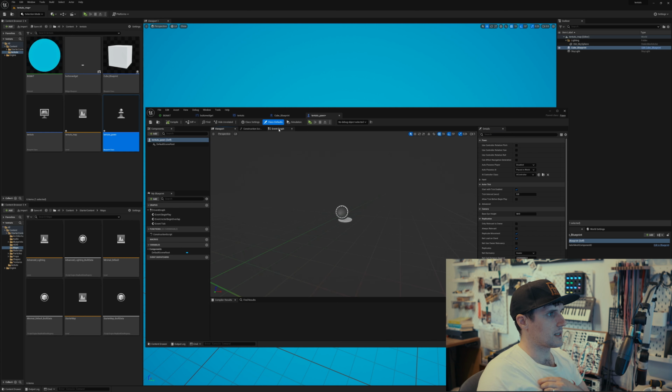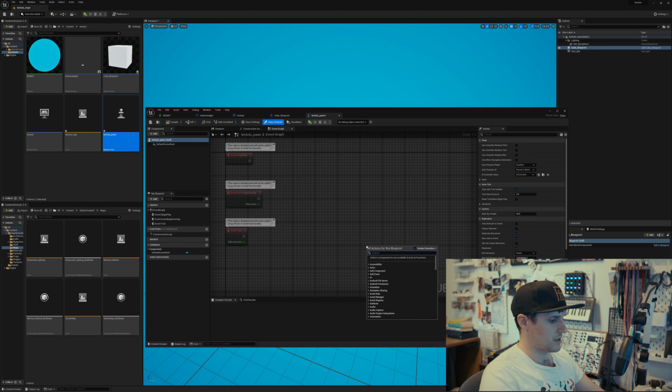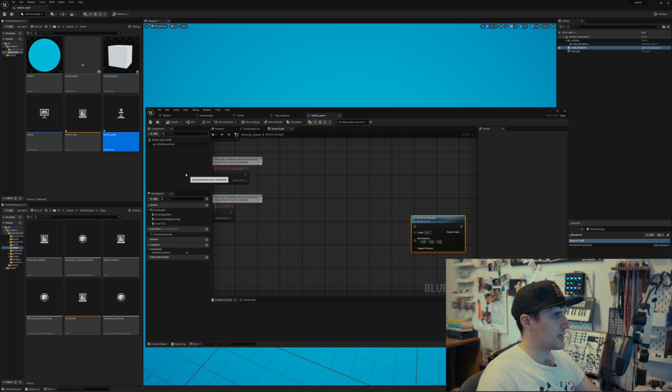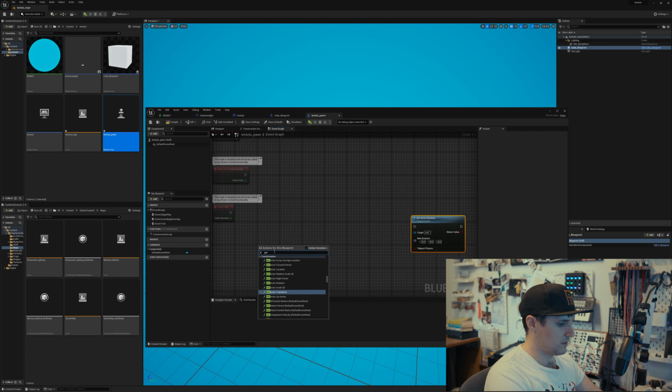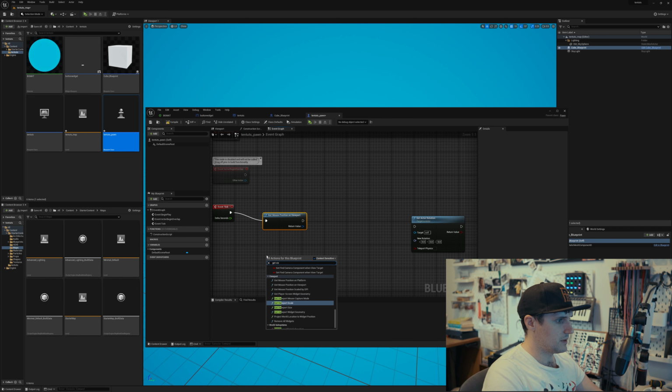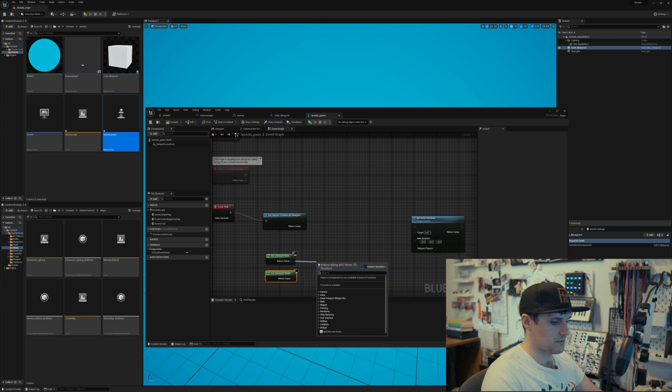Let's go in here, on our event graph, and let's go set vector rotation. Yeah, that's what we want. And then we are going to use the mouse position to do this. So we're going to get position in viewport. We're going to get the viewport size. That won't be quite the right one. So we need the viewport scale as well, and then we need to divide that by our scale to be